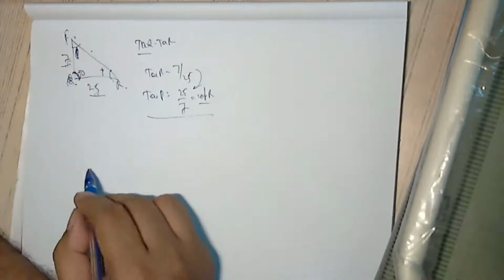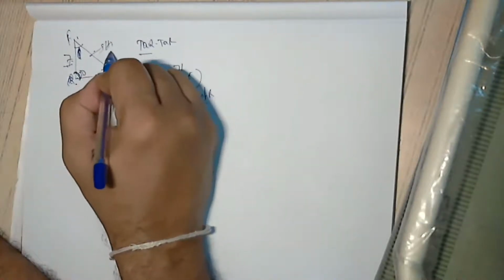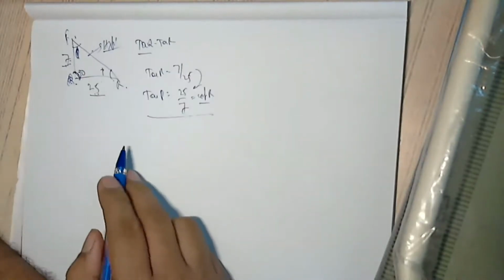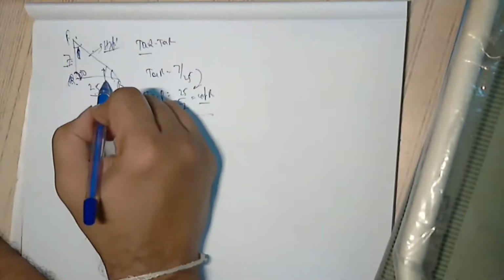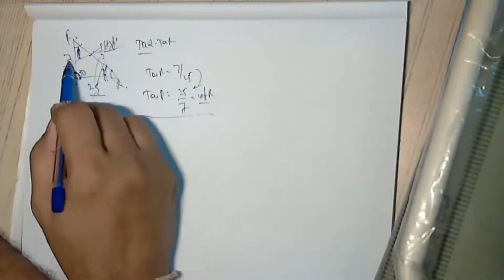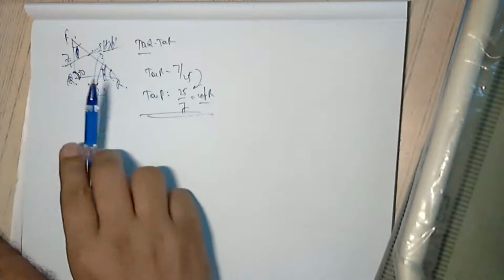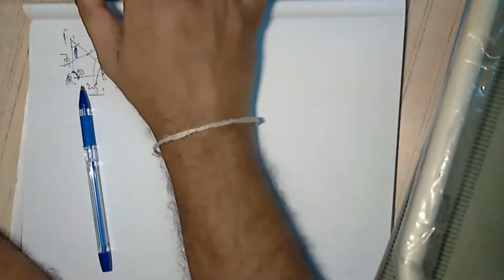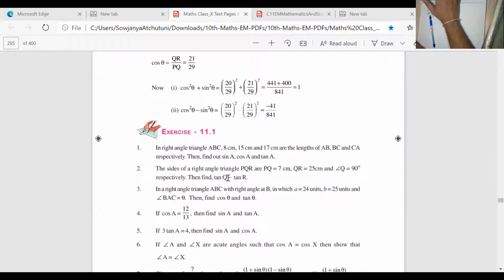Both are the same. So here we need not find out the hypotenuse. Why? If sine is asked, then I have to find out the hypotenuse. If cos is asked, then adjacent, I have to find out the hypotenuse. Since tan is asked, opposite and adjacent sides are given, I am putting them directly. So read this. This is asked not tan Q, because Q is 90, so it must be tan P. So tan P minus tan R we can find out.